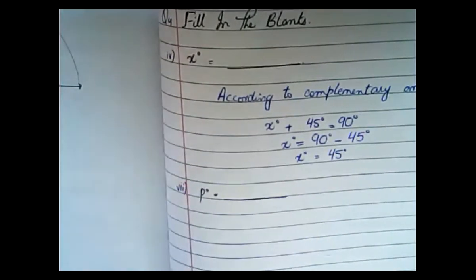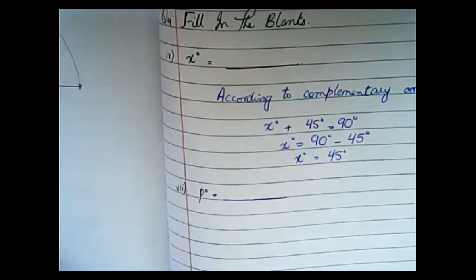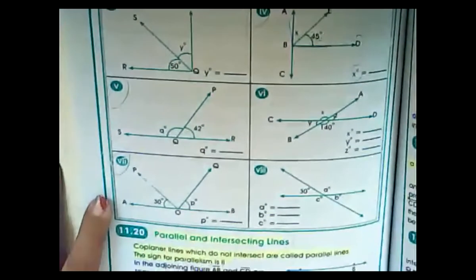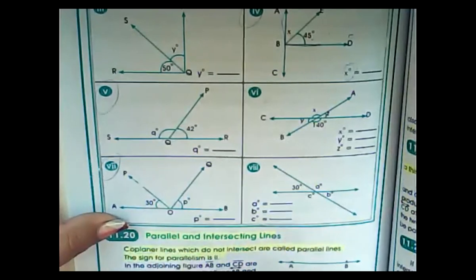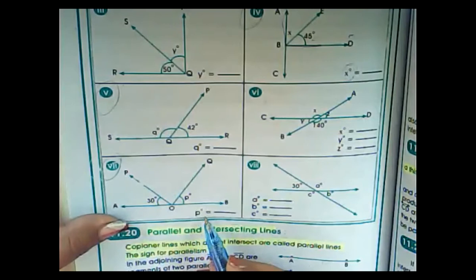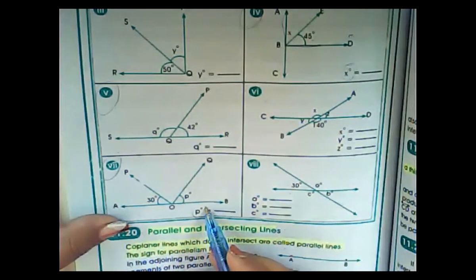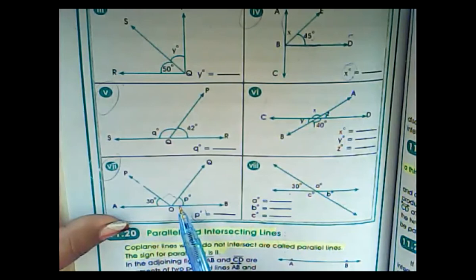Okay, upon your high request, I'm going to solve this one. Now look at here. What is 7 and why is it difficult for all of you? This is your bit number 7, and in it you have 3 angles: angle 1, angle 2 and angle 3, and you have to find this P. Now, if you just add P and 30, your answer will be wrong because there is also another angle.